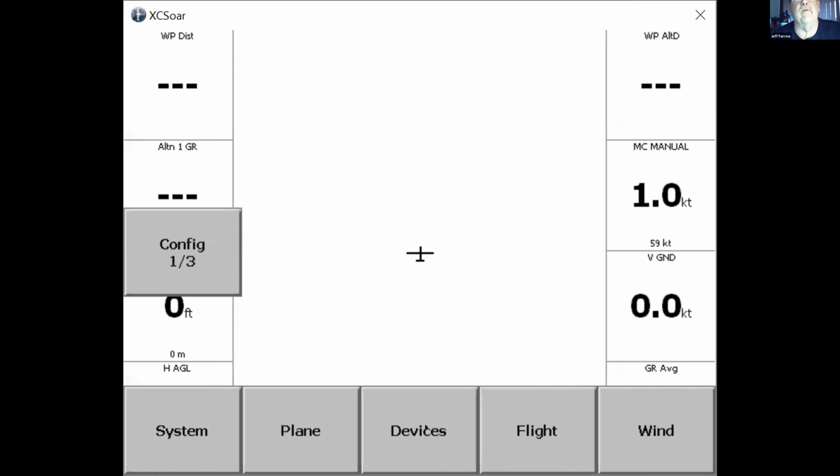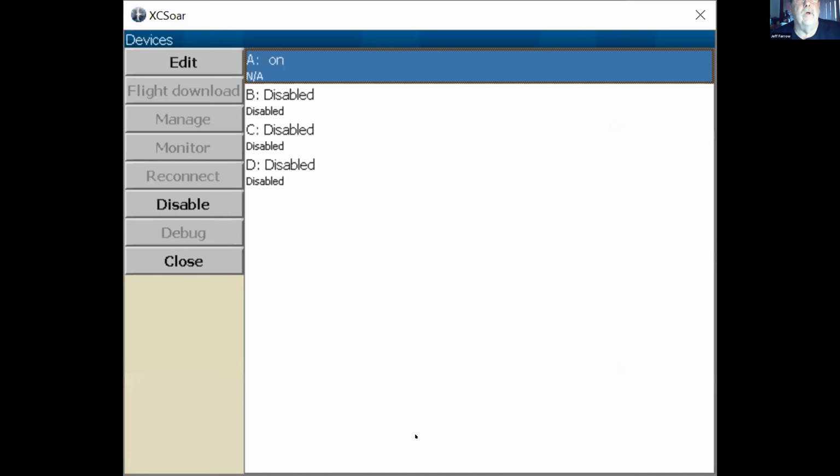The first thing you have to configure is your device, because that's where you're getting your GPS from. Now, in this case, it's running on a Windows computer. I don't have a GPS attached to it. If you're running Android, you would probably have the option of inbuilt GPS sensors, and you could choose that one.